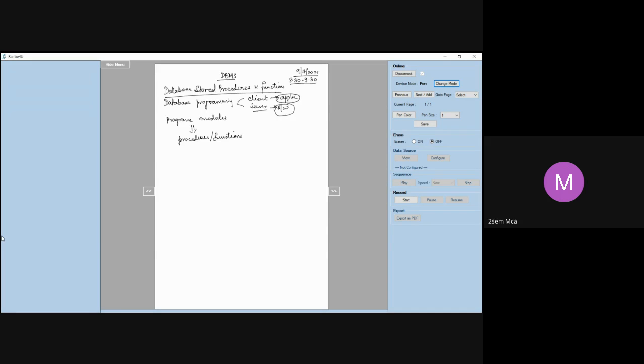It is sometimes useful to create modules which you call procedures or functions. Now, these are going to be stored and executed at the server itself. There is no concept of the application running in the client and the software running at the server. That is not there.